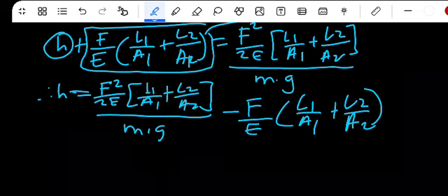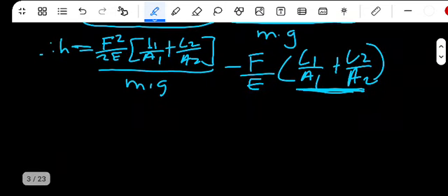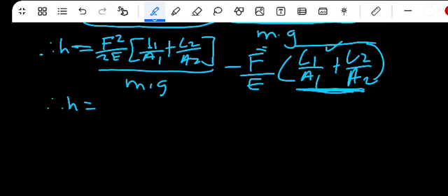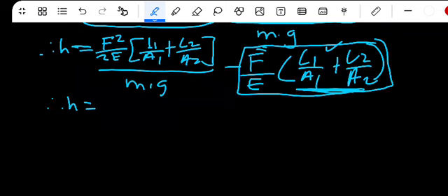This is what you have. Then you can take this as a common factor again if you want. If you take that as a common factor, you'll have your H, this and this is the same. You're left with this also common. Actually, take this as a common factor mathematically, then